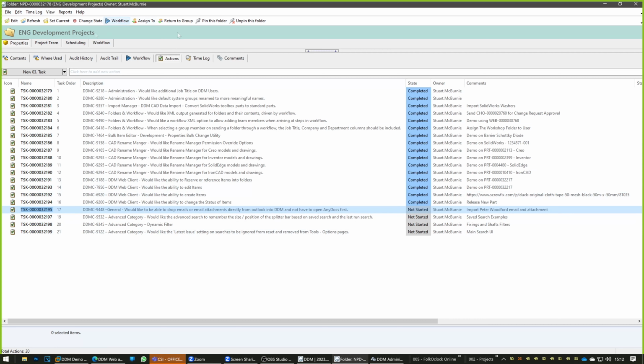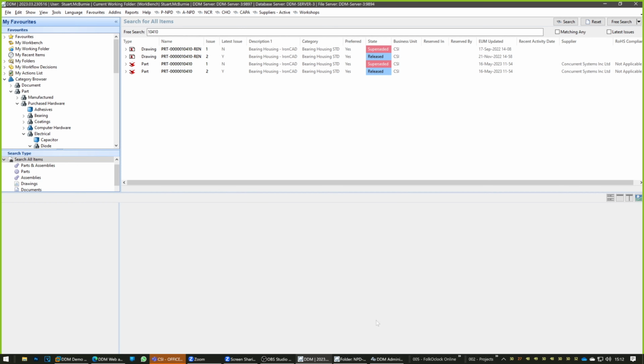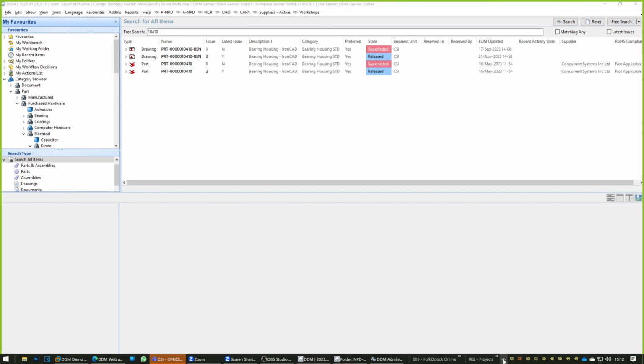If I, for example, let's drop it on the main interface. Here's my main DDM interface. Now, historically, I'm hoping you're all familiar with this little monitoring tool at the bottom. If I say always visible, will it appear? The trouble is I've got such a high-res screen, it's probably lost its position. So if I make this a hover bar and I move that hover bar to here, what I've got now,